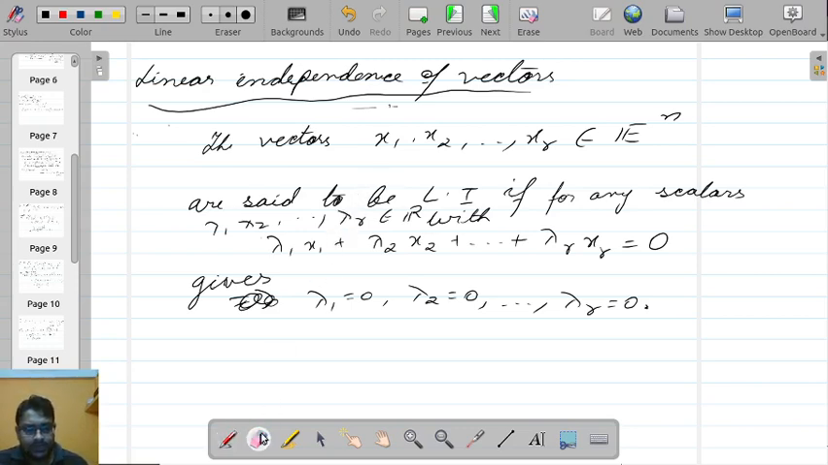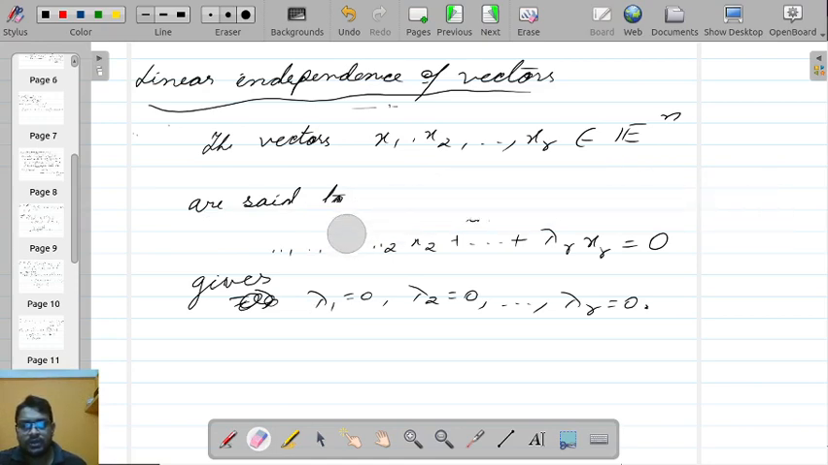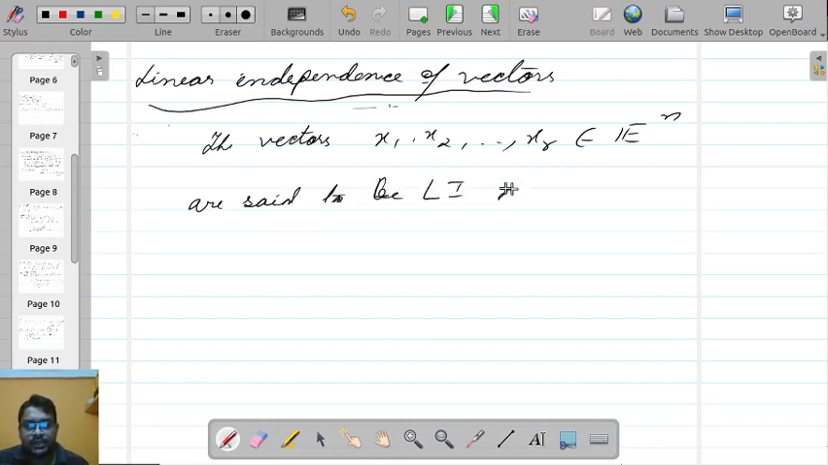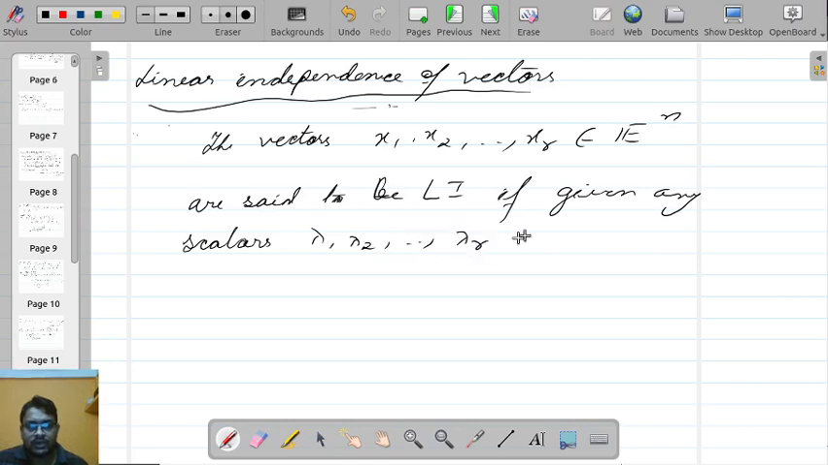Or let me write it in a better way. If this is said to be linearly independent, it is said to be linearly independent if, given any scalars lambda 1, lambda 2, up to lambda r,